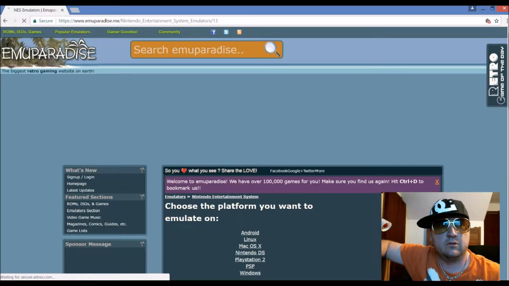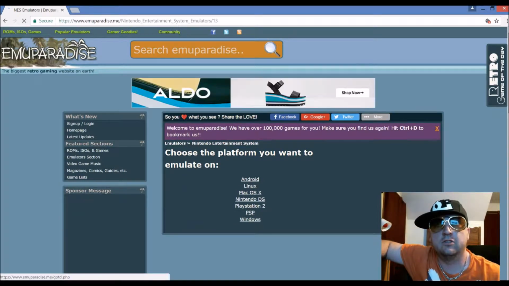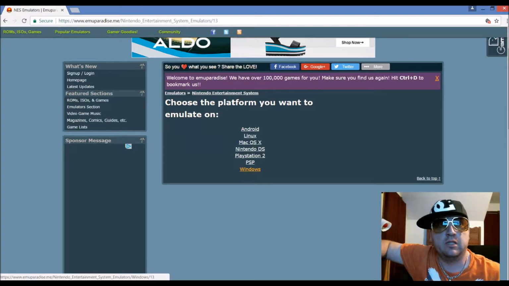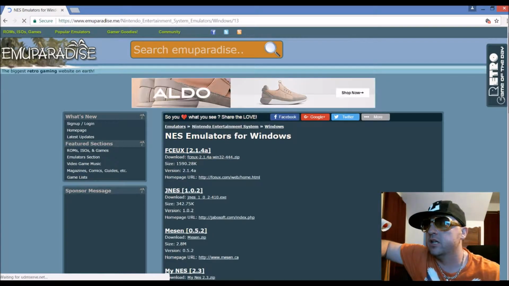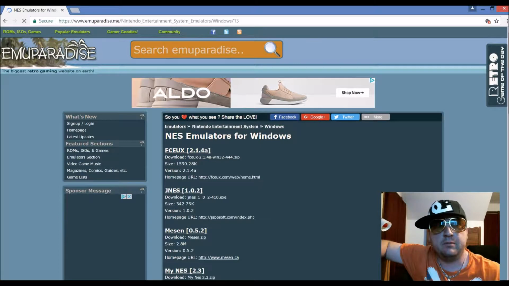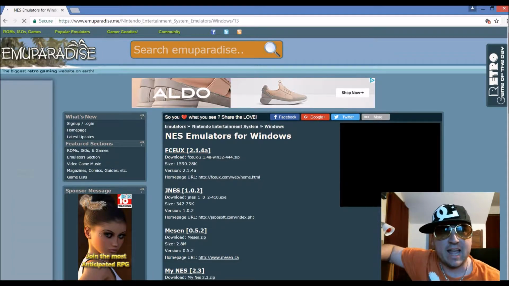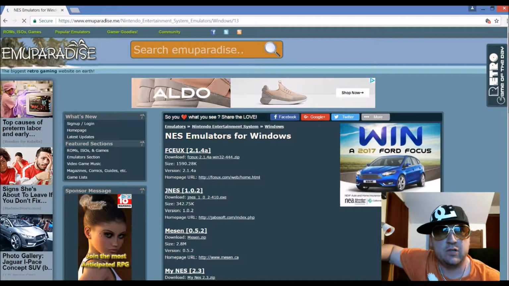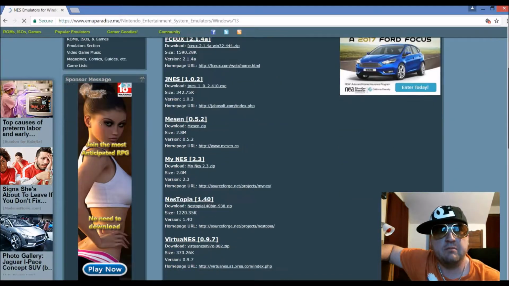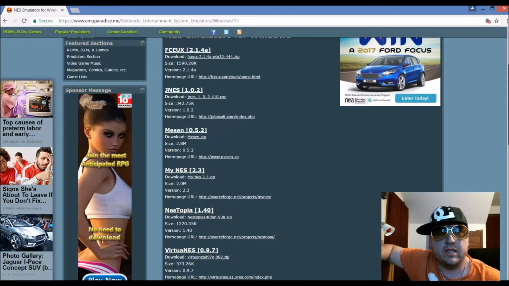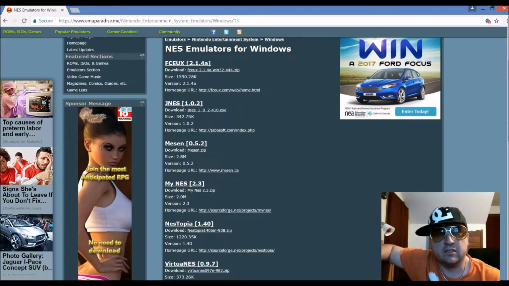It always has really good quality downloads. What you want to do is click on Windows, because that's the platform. We have a Windows 8.1 64-bit machine that we're working with. There are a lot of different emulators for the NES listed here, and I would actually recommend Mesen. You can download any of these, but that's the one that I would recommend. It's the 0.5.2 version, and the download is the